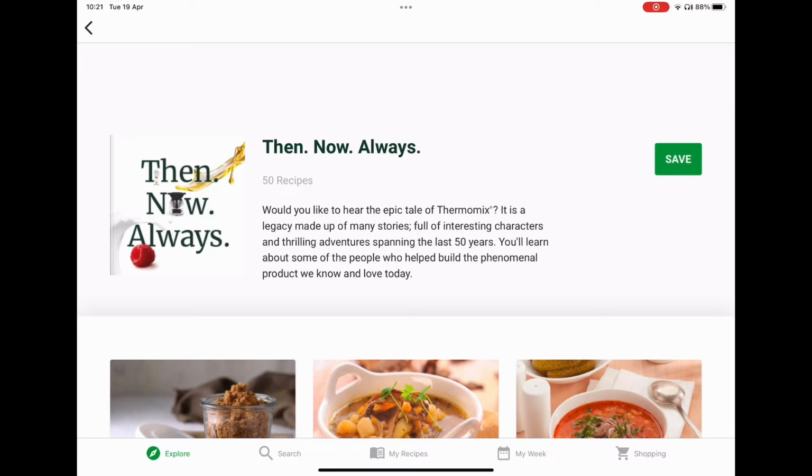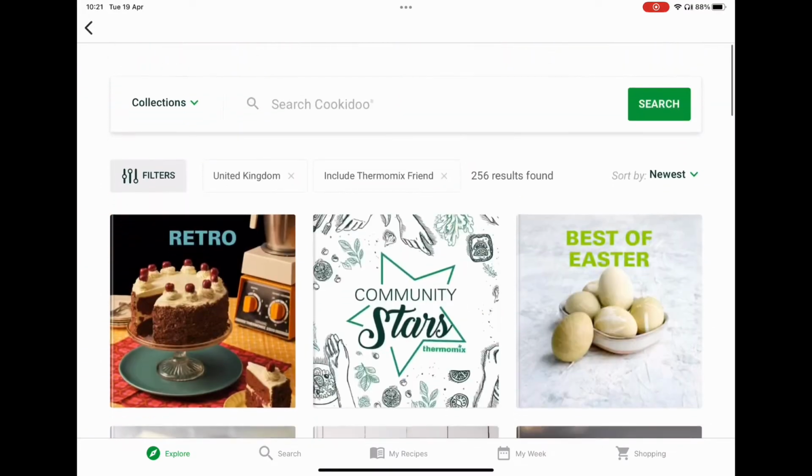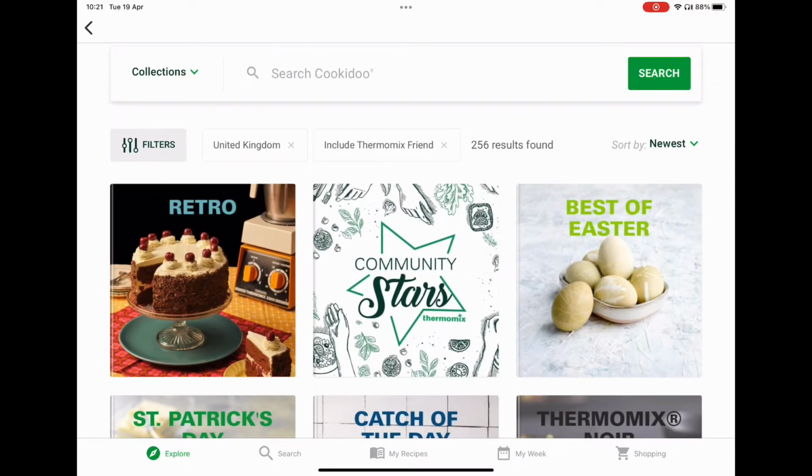Now, we have searched in the UK. We haven't searched as we did with the filters in the rest of the world, but we can access all the books and collections from around the world. So if we go all the way back and press filters again,